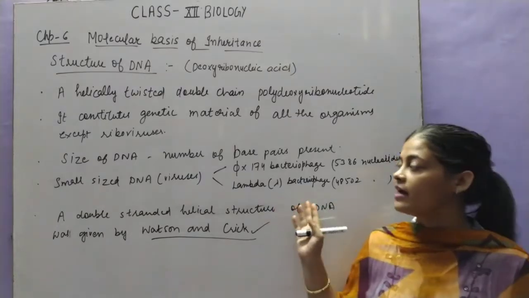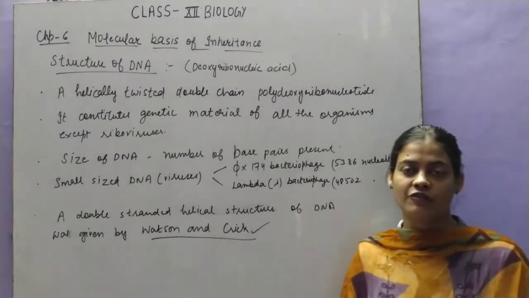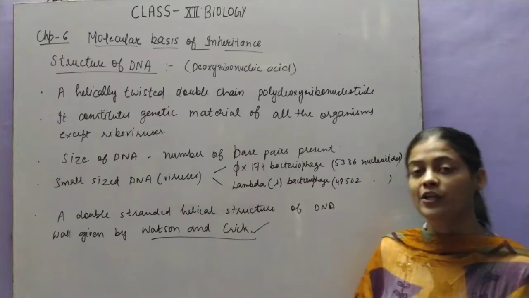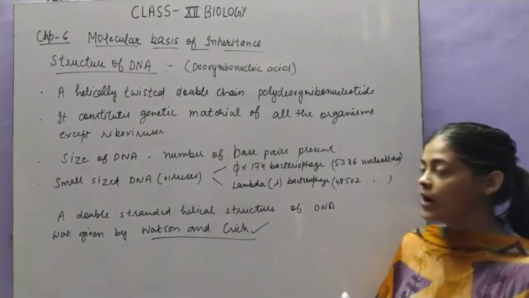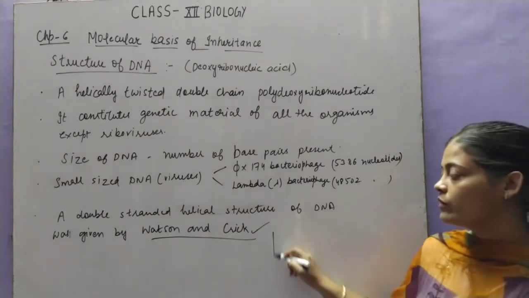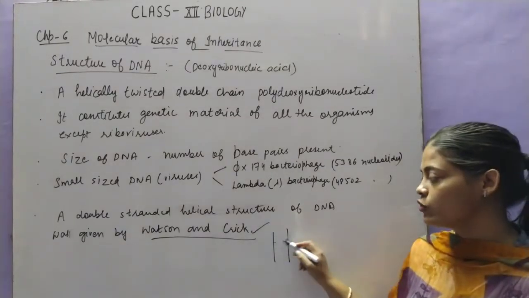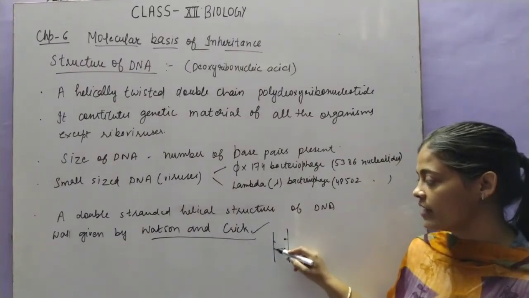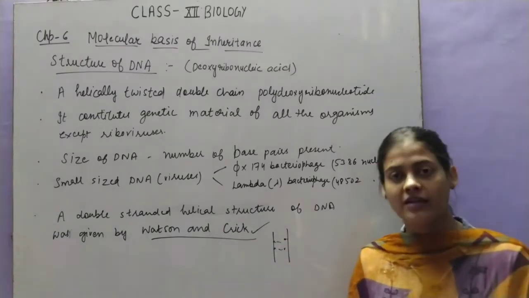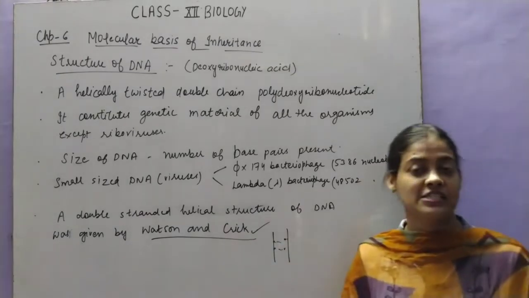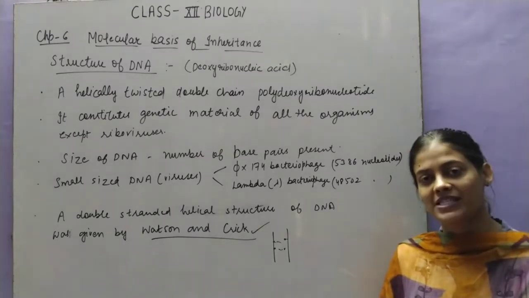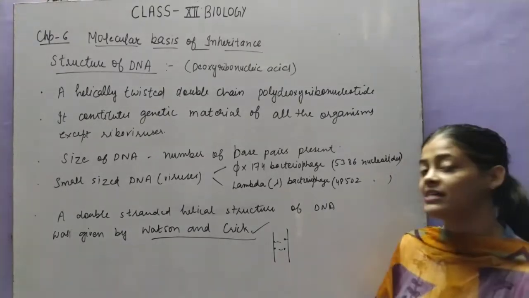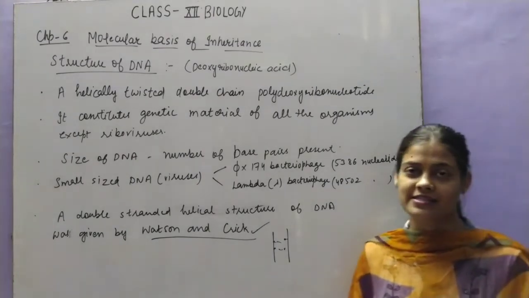When we will see the double-stranded helical structure of DNA, then you will find that there are nucleotides present in it, which are also called as base pairs. Why they are called base pairs? क्योंकि जो DNA की 2 strands होती हैं उसके ऊपर जो nitrogenous bases होते हैं वो आपस में इस तरह से pairing करते हैं. So they are called base pairs. And size of the DNA will depend upon the number of base pairs present in it. तो जितनी ज़्यादा base pairs होंगे उतना ही बड़ा size का DNA होगा.